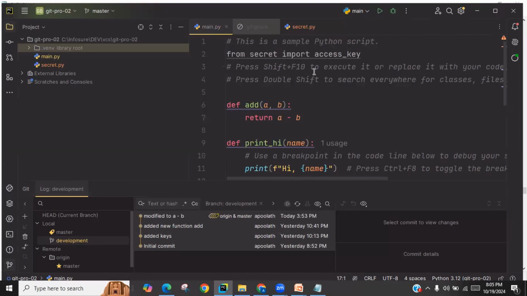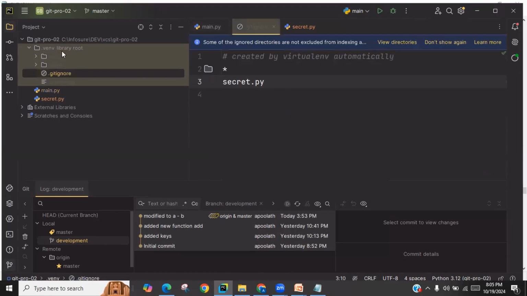So now the file got changed and I have to commit both the files into the repository, but I don't want Git to take this file. So what we use is Git ignore. Here, under this venv, is one file called Git ignore. It typically has a lot of entries, but not to bother about that. The point I want to make here is if I put secret.py into this Git ignore file